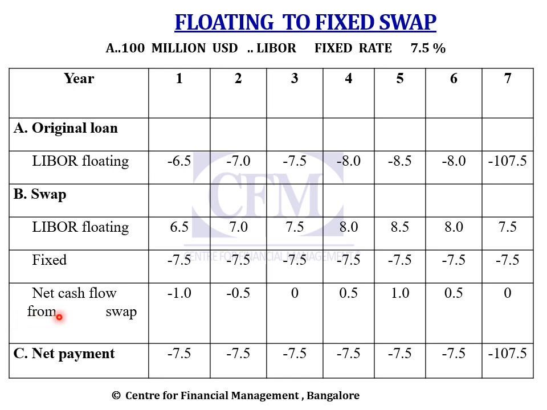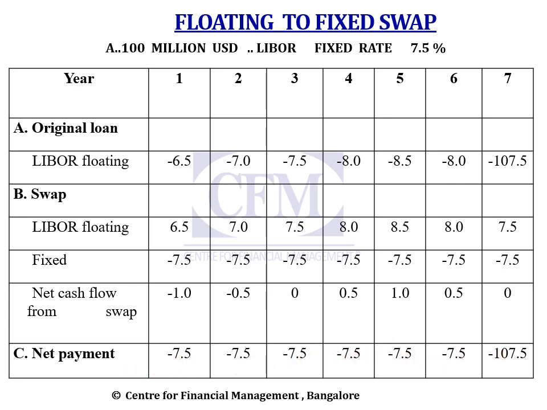So the net cash flow from swap would be as shown here. In year 1, when LIBOR floating is 6.5% and a loan of 100 million entails an interest burden of 6.5 million, the firm receives 6.5 million from the swap bank. In turn, it pays the swap bank 7.5 million. So the net cash flow for the firm is minus 1 million. In year 2, when the LIBOR floating is 7%, the firm has to pay a net amount of 0.5 million. In year 3, when the LIBOR floating happens to be 7.5%, there is no exchange whatsoever. In year 4, when the LIBOR floating happens to be 8%, the firm receives 0.5. So these are the net cash flows to the firm from the swap, and the net payments to the firm on account of that loan are